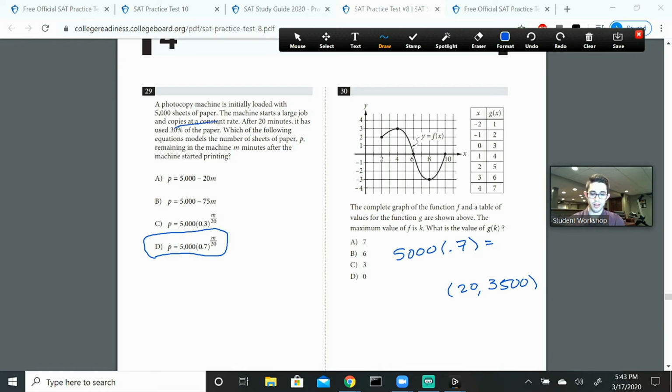a copier copies at a constant rate. That's a sneaky but very important distinction from this equation that we're given. This is an exponential decay function, which does not represent a constant rate. Even though that point does work, we need to use this point and our initial point of (0, 5,000) in order to find the constant rate slope. I kind of hinted at that earlier, that if we see constant rate, it's going to be linear. And in this case, we're going to do